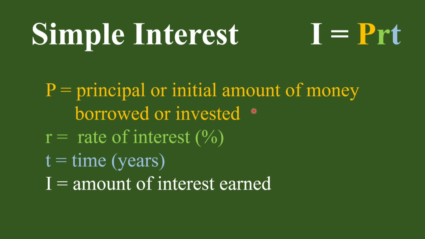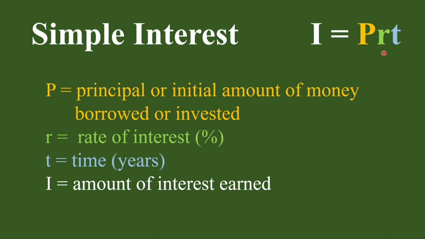So we will be using here this formula I equals PRT all throughout this topic of simple interest. So P stands for the principal or initial amount of money borrowed or invested. And then R is the rate of interest, this is in percent. Later on, we will be converting these percentages into its corresponding decimal form before we insert it to the formula